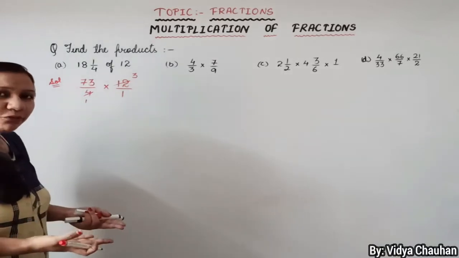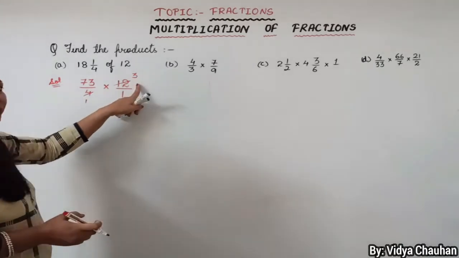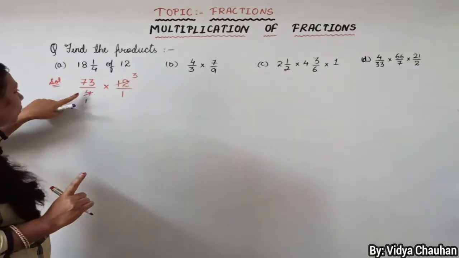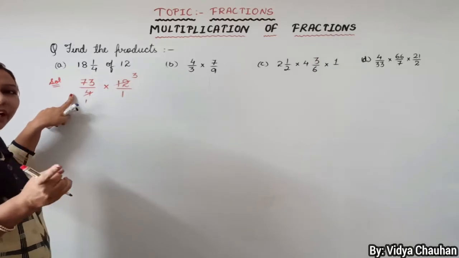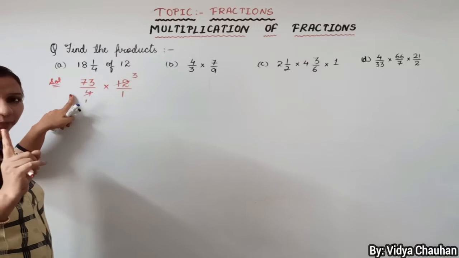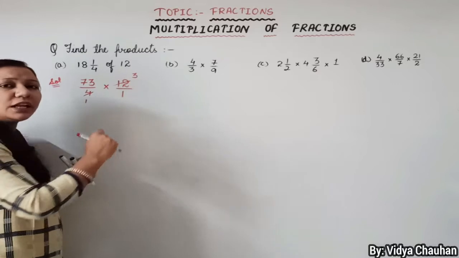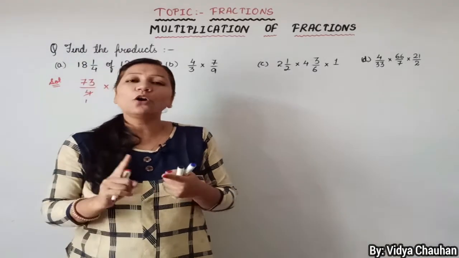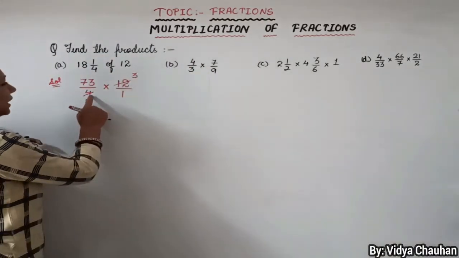Instead of multiplying first and reducing afterward, you can also reduce the terms here, but reducing is applicable only when you have to divide something in the numerator and the denominator. That means one value should be in the numerator, and the second value should be in the denominator. You cannot simplify the terms if both values are in the denominator or both values are in the numerator. That means you cannot simplify numerator with numerator or denominator with denominator. Clear, students? So let us continue once again here.